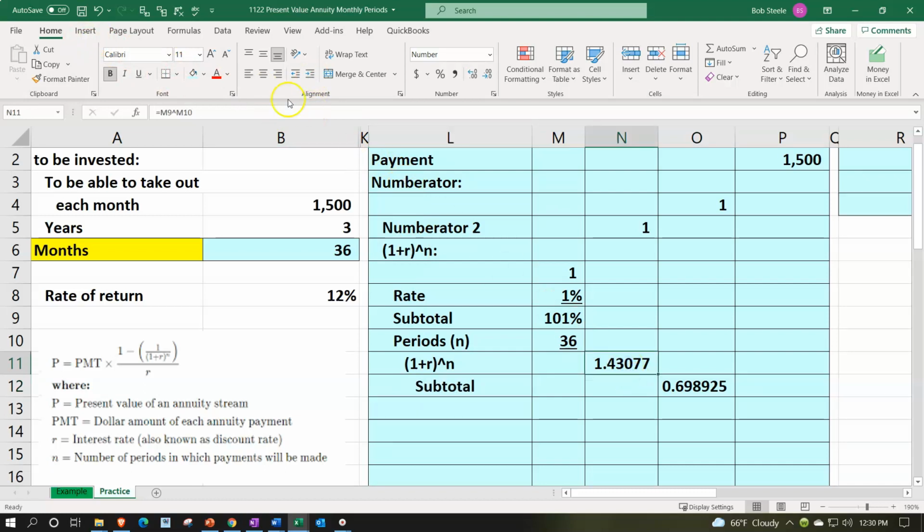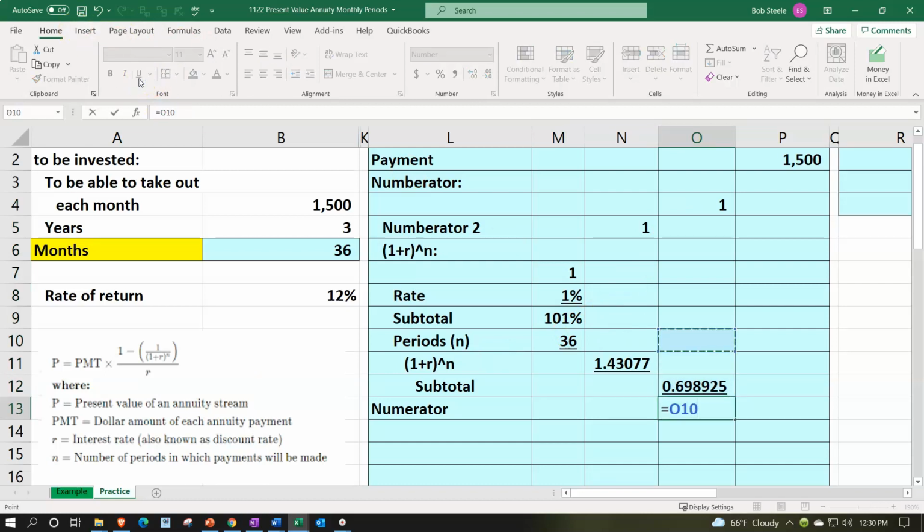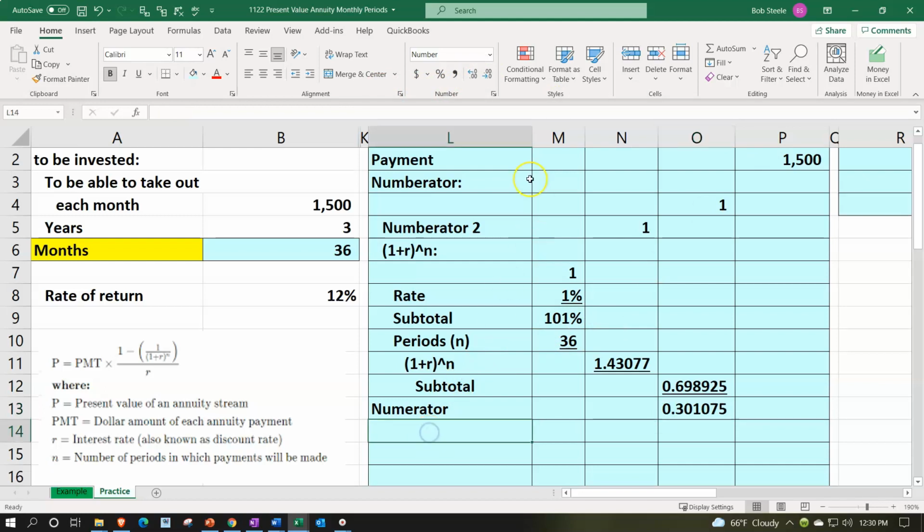I'm going to underline this number, Font Group, and Underline. And now we've got the numerator, so the end of the numerator, which is now going to be 1 minus this whole thing, represented in this column, 1 minus that whole thing. Let's underline here, Home tab, Font, and Underline. This is going to be equal to the 1 minus the decimalized number, adding decimals to it, Home tab, number, decimalizing it. And then we're going to have the denominator,